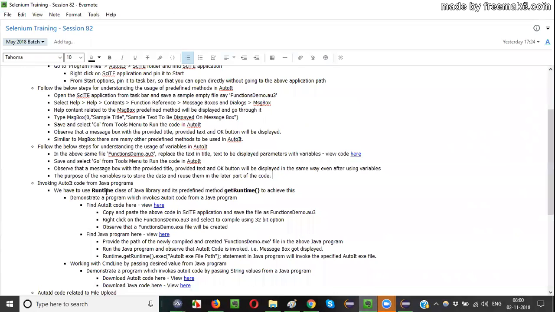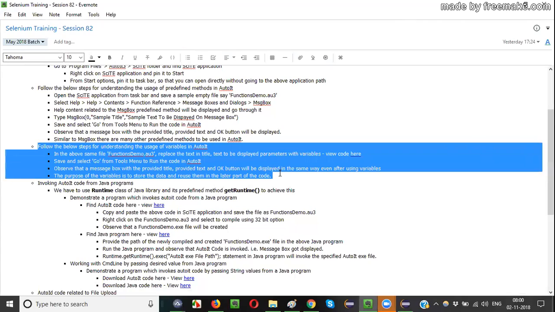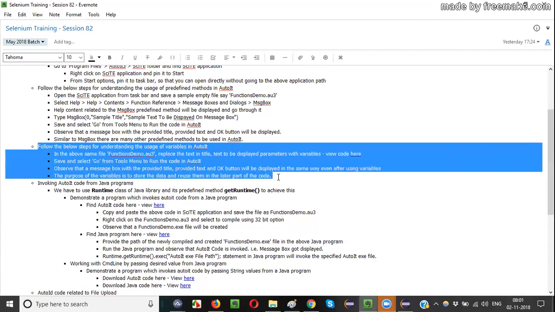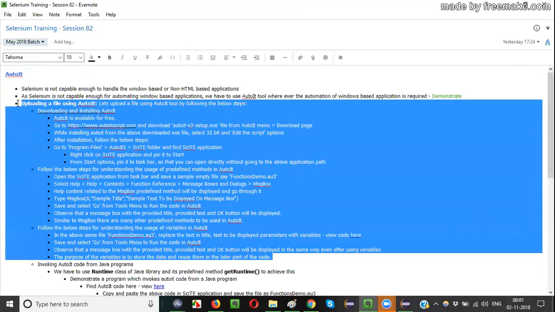So we have shown you how to use the variables, guys, and what is the purpose of the variables. I explained how to use the variables in AutoIT, how to create the variables in AutoIT and reuse them. Up to here it is fine. Till now we have downloaded and installed AutoIT.